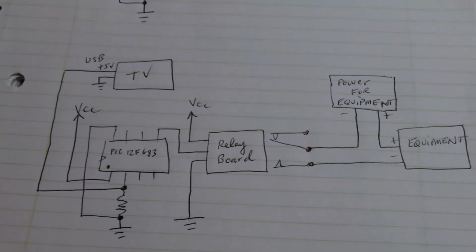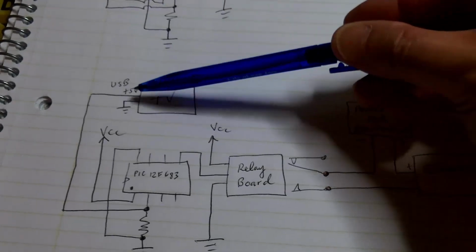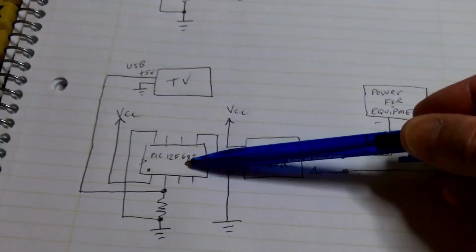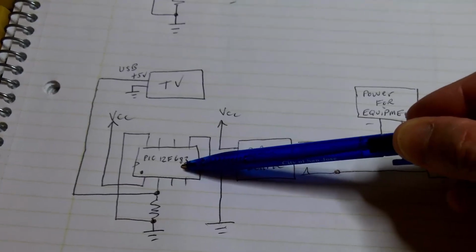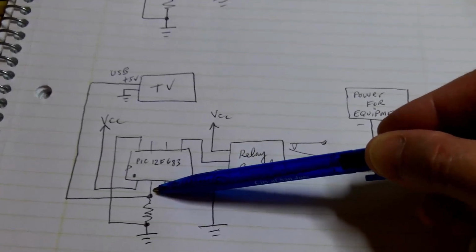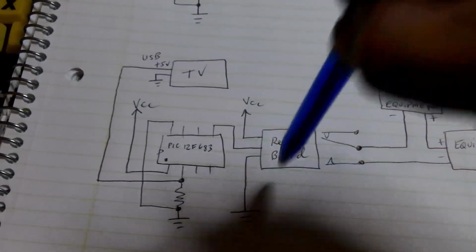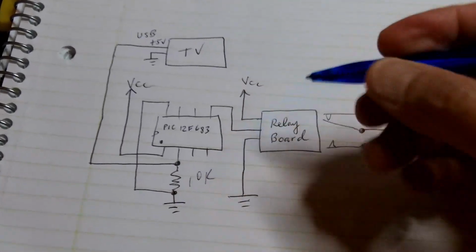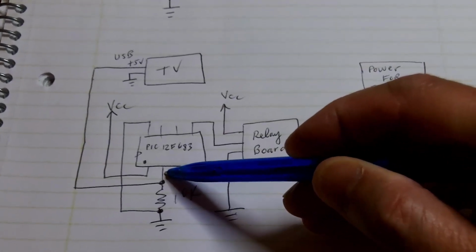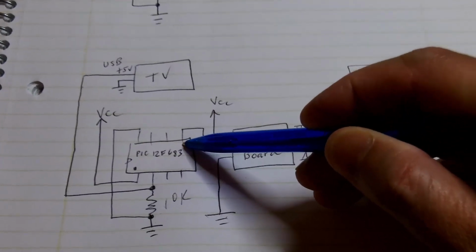Here's the schematic for my USB power on circuit. This is the TV and the USB port on the TV. It provides positive 5 volts when it's on. Here's the 8-pin microcontroller, which is a PIC 12F683. I'm using pin 2 for the input, and it monitors the 5 volts coming from the TV. This happens to be a 10K resistor. When pin 2 detects 5 volts coming from the TV USB port, it will enable pin 5 and make it low,